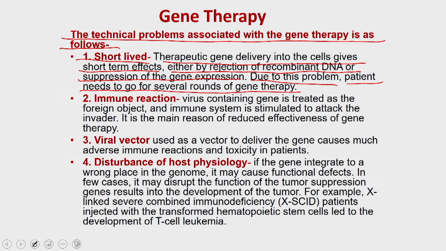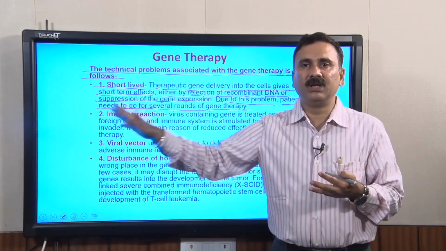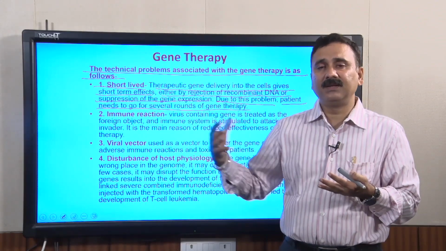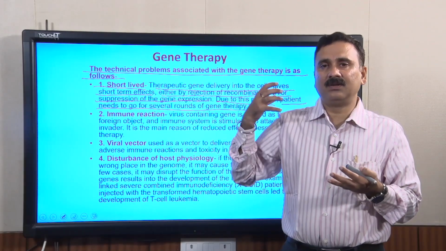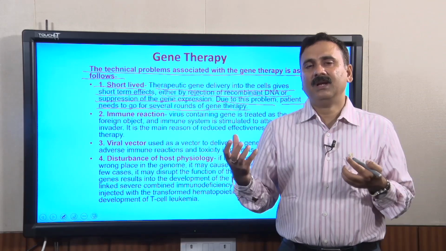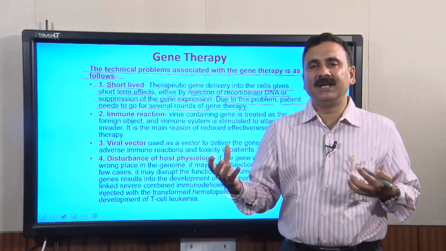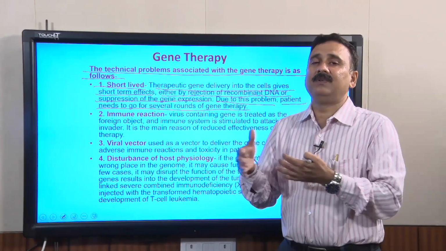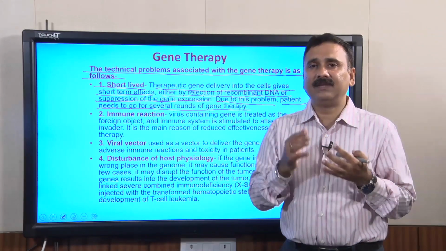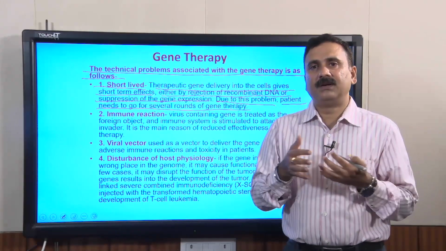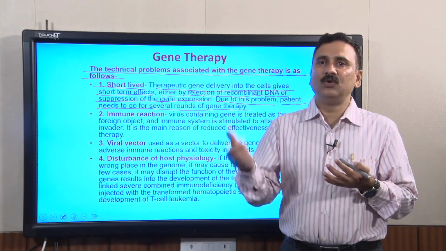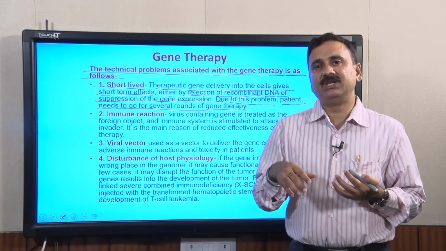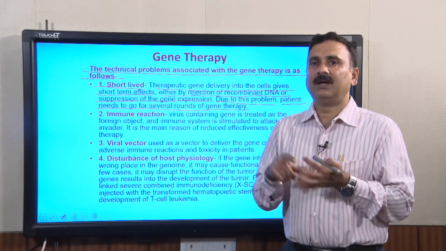So, what will happen is, suppose you have given one round of injection to the patient and the virus has gone to the beta cells and started producing the insulin. But in due course, because these are recombinant DNA, the system may not actually accept this exogenous DNA. These cells, or the DNA itself, are going to be short lived, and because of that, in due course the effect is going to be over. So, because of that you might need multiple injections to maintain the level of protein